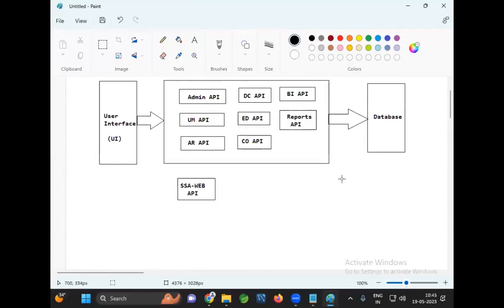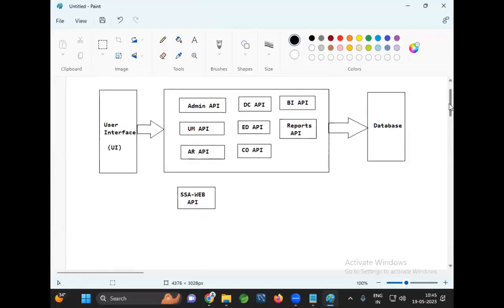Similarly, when a citizen applies for a plan, the citizen will have an SSN number. Just as we have an Aadhaar number in India, in the US they have an SSN number, the social security number. Whenever a citizen wants to apply for a plan, AR API will communicate with the SSA Web API. This is third-party web service communication. AR API is part of the IES application. SSA Web API is a central government project. Our project is a state government project. Our project should communicate with the central government project to verify whether the citizen's SSN number is valid or not.